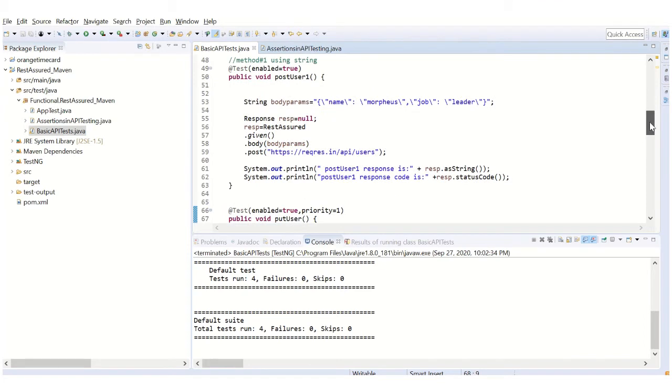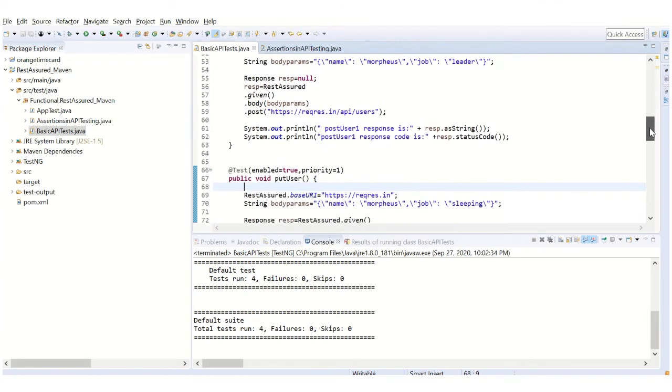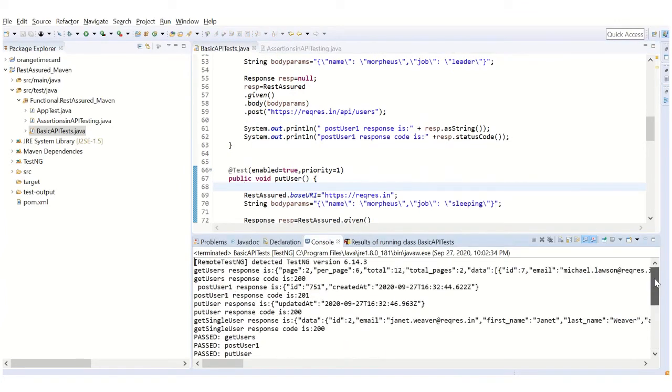I have created priority for this one, but the earlier ones are not having any priority, so it is treated as priority 0. That's why those are run first in an alphabetical order. See, put user is success and it is 200 and it is updated at, whereas for post user you see the record is created at, whereas this is updated at. That's the difference you can see.